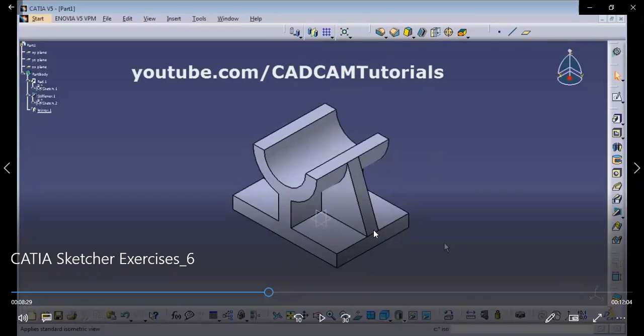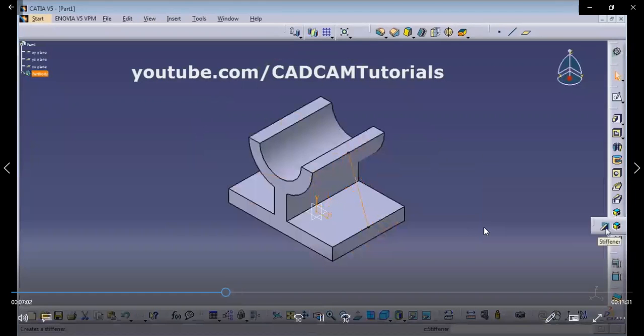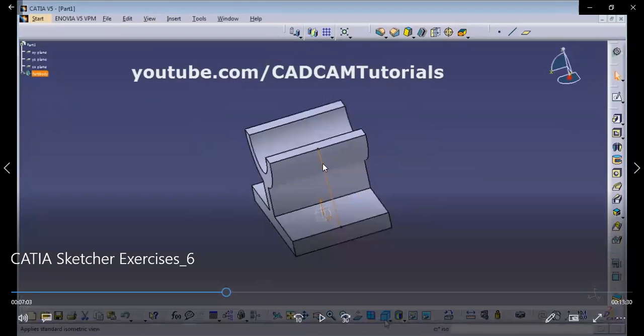We took that plane, the middle plane, starting from the stiffener. Okay, took that middle plane, right? Clicked on stiffener, specified the distance, right? And then we mirrored it. Okay, just have a look at that stiffener command again. In isometric view, we took that middle plane and created that line, right? So it will take up until it matches with the body of that part. Okay, this line will go until that part, and then you can specify the